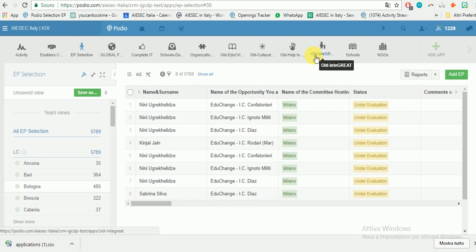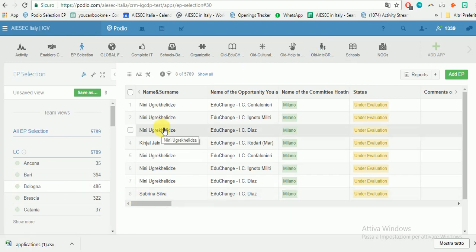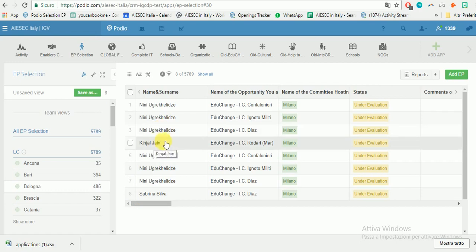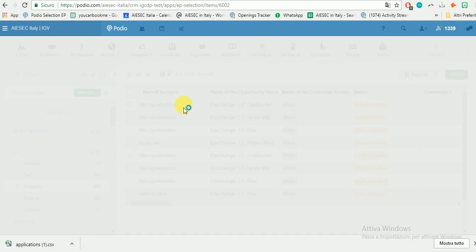A cool thing is that sometimes it can happen that the same EP does the selection for more than once, and this is because they are applying to more opportunities, not only one. So in this case, for example, we have Nini, who did loads of applications, and she did the selection process for many opportunities. We also have Kinjal and Sabrina. What you do is you check the selection form,